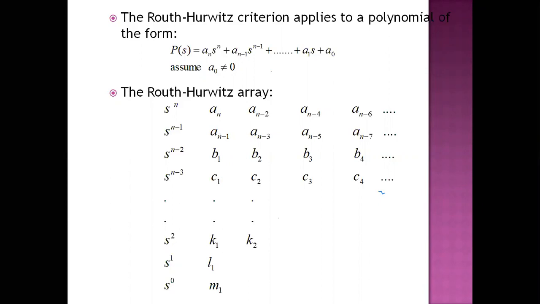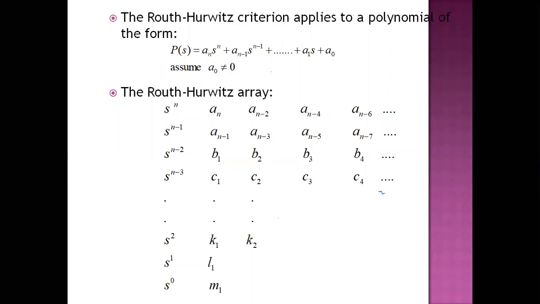The second case is when, in the first column of the Routh array, any one element is 0 but the remaining elements are some positive or negative numbers. In that case, we cannot proceed. The third case is if all the elements in a row are 0. In that case also we cannot proceed, so we have to solve the problem in a different manner. The final case is when the last element of the polynomial equation may contain a gain value k, and you have to find the k for which the system is stable.